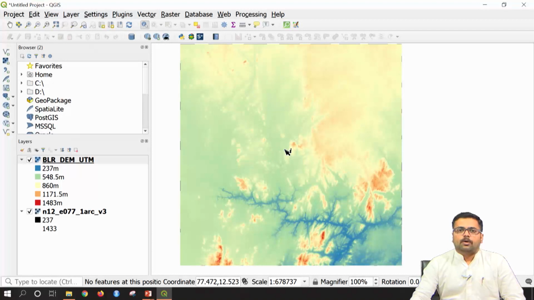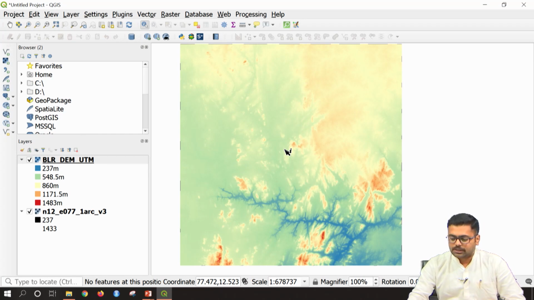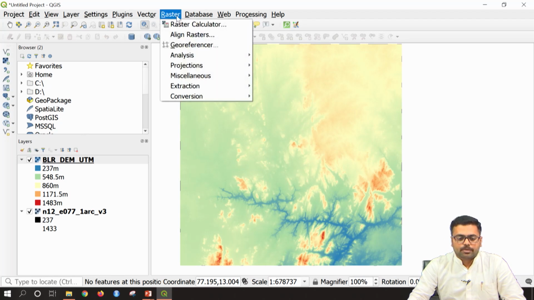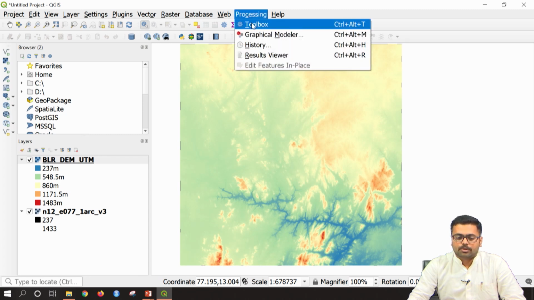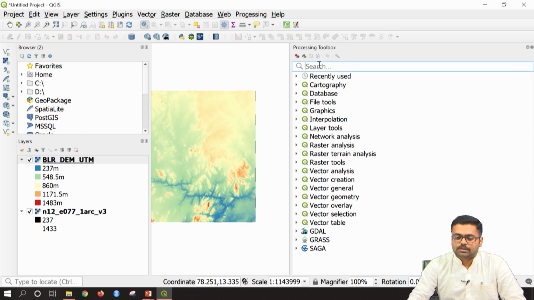Now, let us see how we can do various kinds of raster analysis from the obtained digital elevation model. First we will go to raster, or you can also go to the processing toolbox and search for any kind of tools.